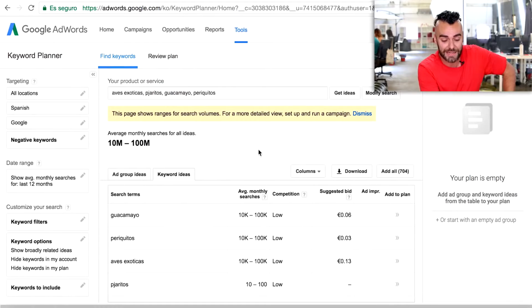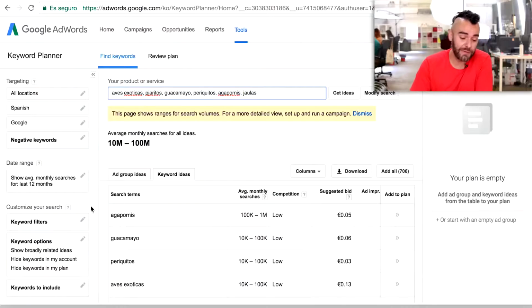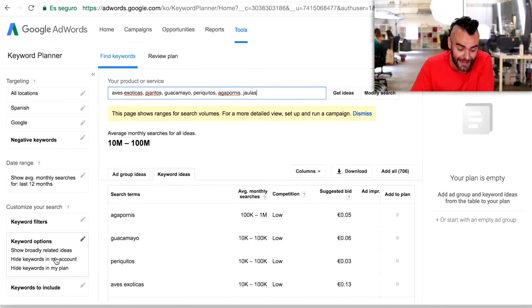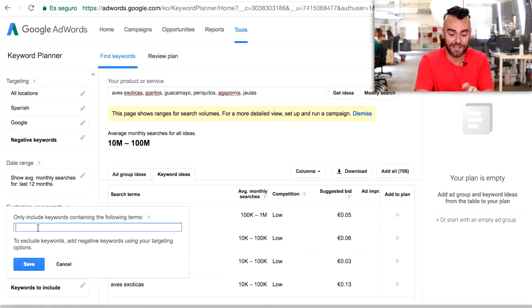The more keywords you add here, the better and broader results it will give you back. I'm also going to explain another functionality this tool has, which is very useful. This one here, which says keywords to include. Here, you can type a keyword, and in these suggestions, it will only show you those keywords that include that